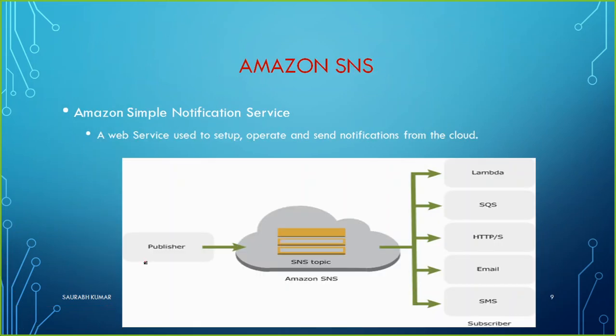Now the next point is, we are going to talk about one of the management tools, or notification tools you can call it, from Amazon, known as Amazon SNS, Simple Notification Service. What can it do? It can send a notification. To send a notification, it can use many types of protocols, or it can directly send the request to any specific service also. It can send the notification to Lambda, which we discussed before, that it is just serverless computing. You don't need to have any instance running for Lambda, but it can perform the same task.